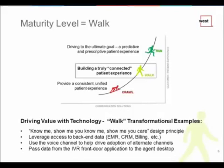So then finally you get to the run stage. This is where you're really starting to get a 360-degree view of your patient. You're starting to see them across channels. So the idea here is that you've got a patient who maybe has gone to the portal to refill a prescription or to pay a bill or to try to schedule an appointment, and then they, for whatever reason, can't resolve what they're looking to accomplish, so they pick up the phone, they call 1-800-HEALTH-SYSTEM, and that health system immediately